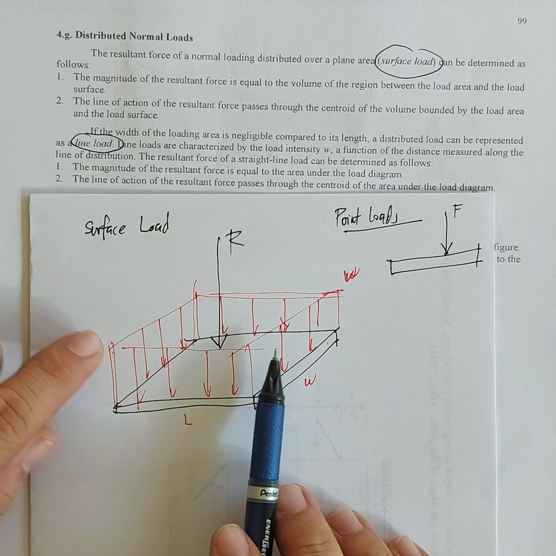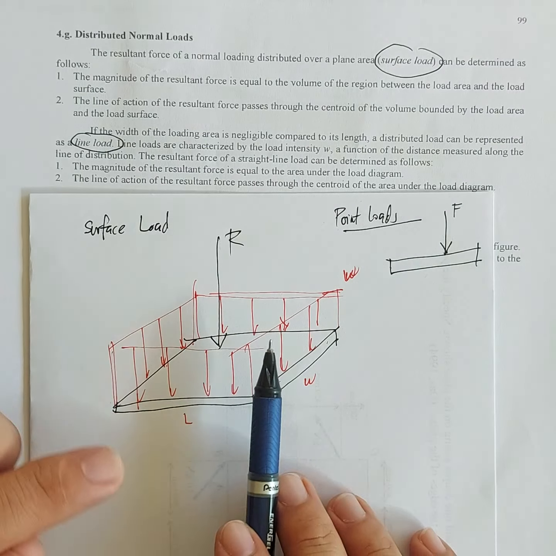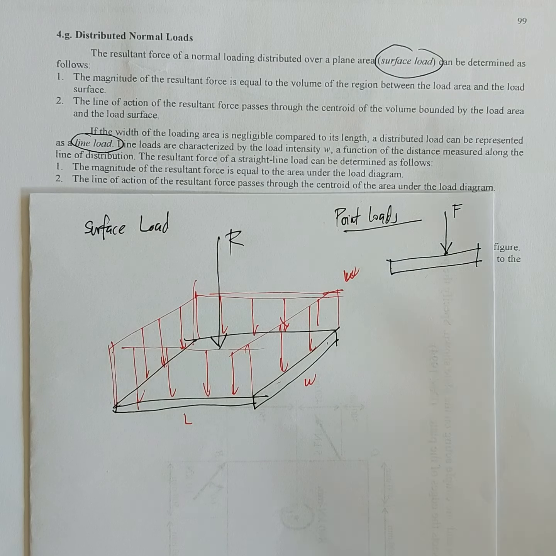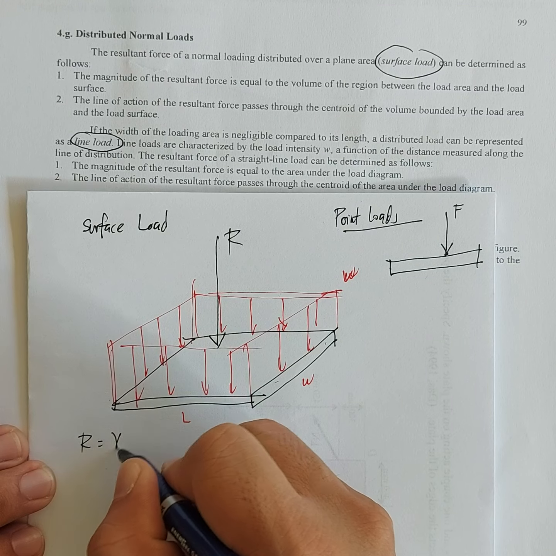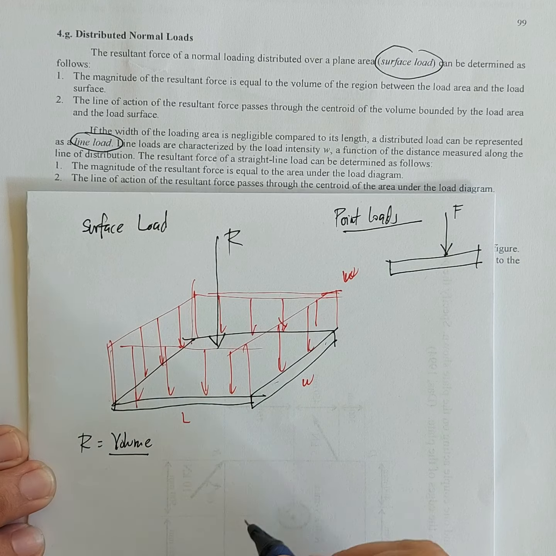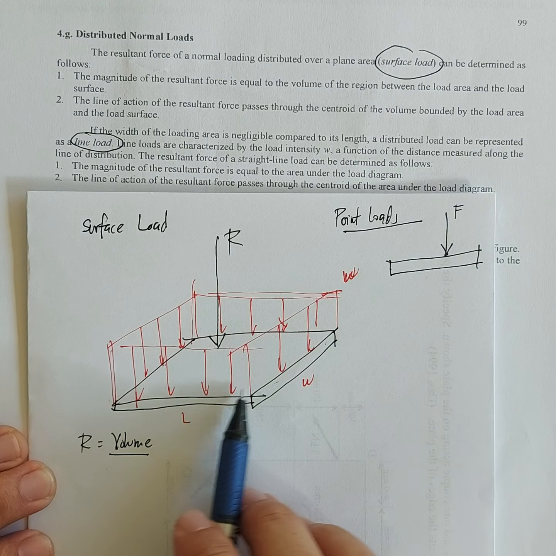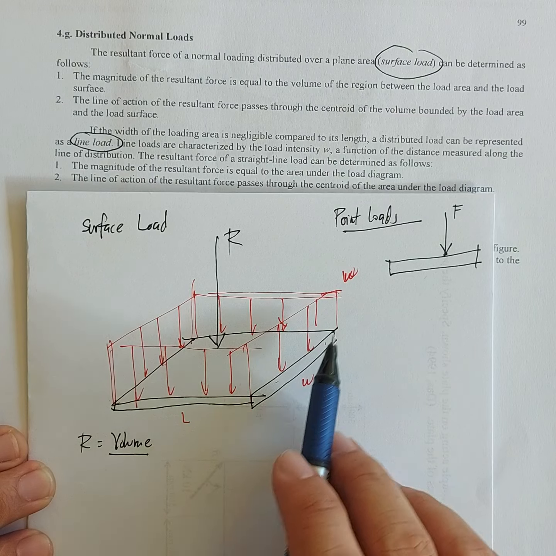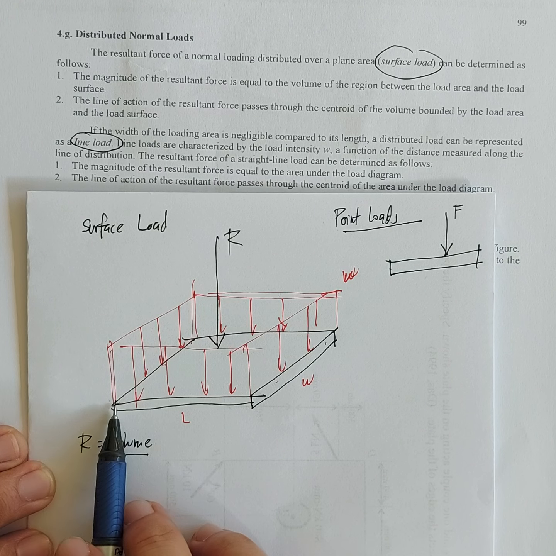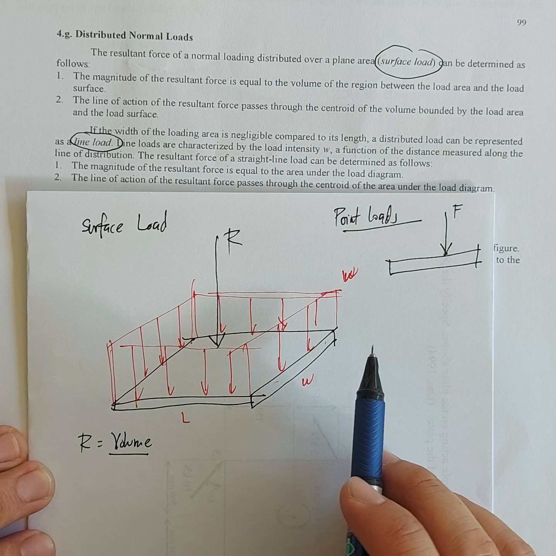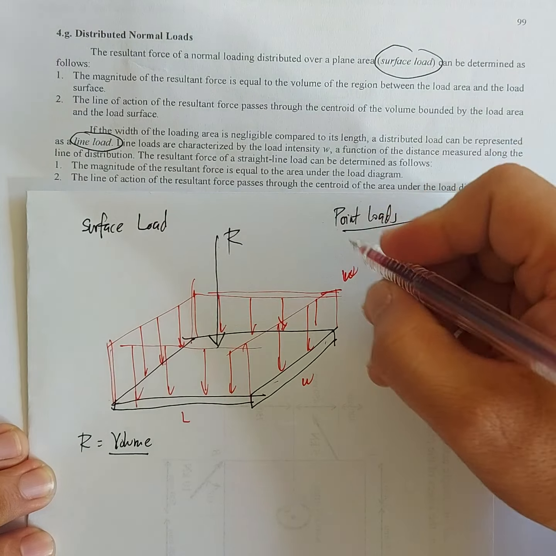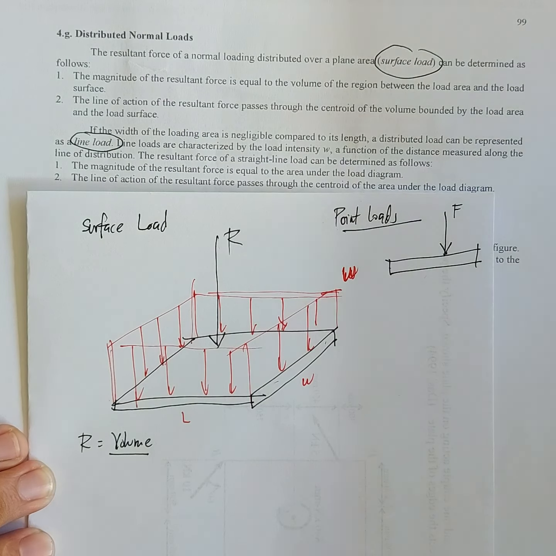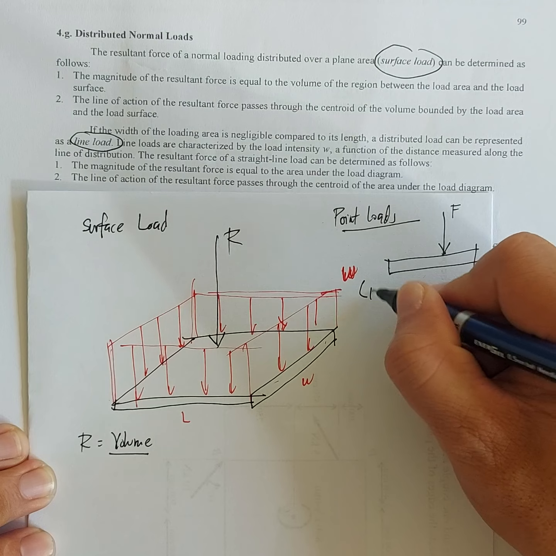So, i-compute natin itong surface load na yan. I-convert natin yan sa iisang force lang. Okay, how do we do that? So, for surface loads, the resultant force is just equal to the volume. So, take note, volume nito. Volume ng loading natin. So, if this is the length of the surface, ito yung width ng surface natin. Of course, yung height nito ay usually omega, the small letter omega or small letter w. This is now the intensity